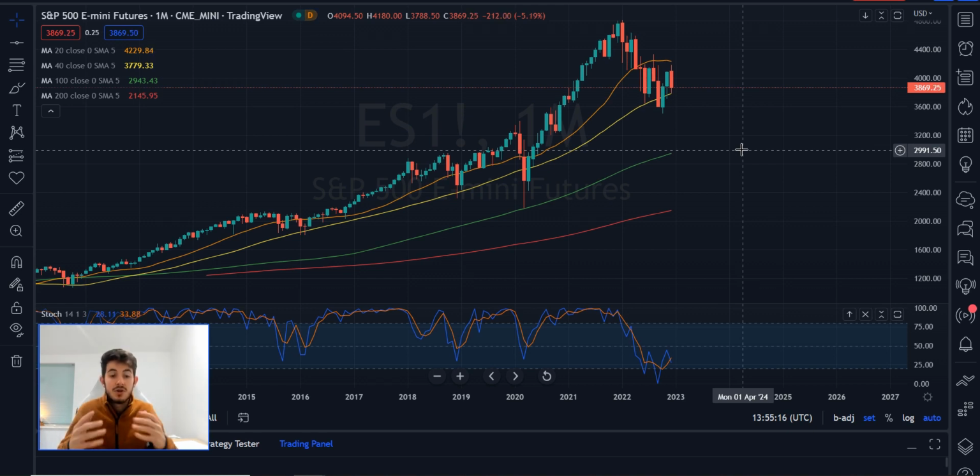It doesn't matter what you think is going to happen, whether you think the market in 2023 is going to be really safe because X, Y, and Z is going to happen, the Fed's got things under control and it's all going to be fine, sunshine and rainbows. That is a thought, okay? There is more or less no factual way of proving that is the case because it hasn't happened yet, right? So therefore it becomes your job to just trade the market as it is at the moment.